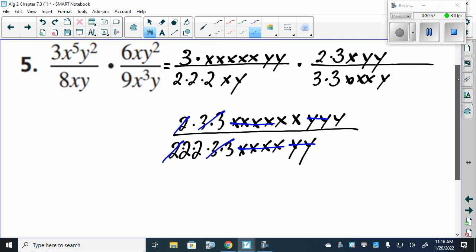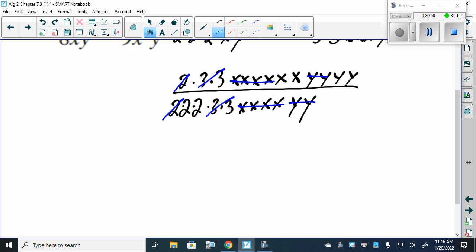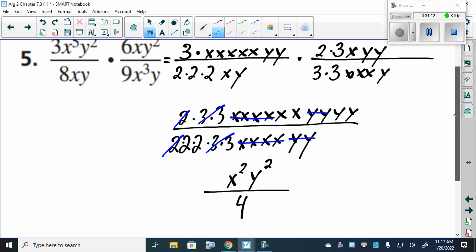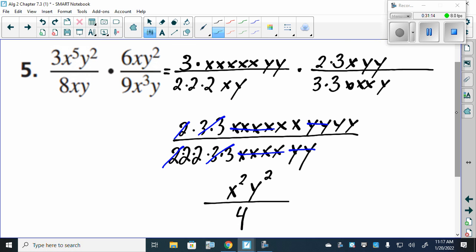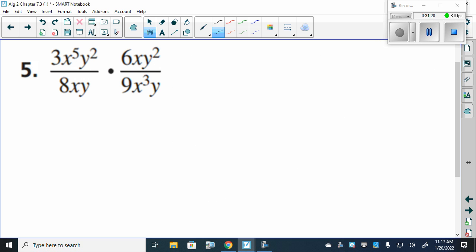There should be, thank you. Yep. So that really should leave us with x squared, y squared over 4. This is not the most effective way to do this. Most likely, I think the way that y'all would do it and the way that I would do it a